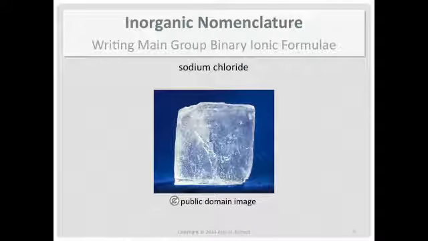Ionic compounds are different. There's no sharing of electrons between the ions. You end up with a transfer of electrons, which gets you cations and anions, and then they attract each other because of opposite charges. An ionic bond is an electrostatic attraction. Sodium chloride. This is a magnified grain of sodium chloride, just like something that would come out of your salt shaker.